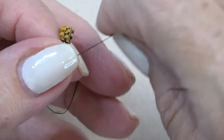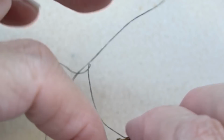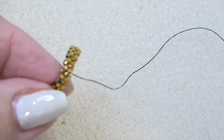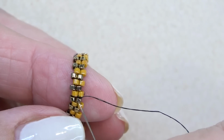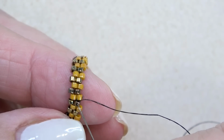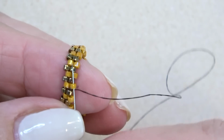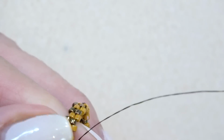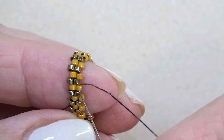Now I'm just going to put that needle down for now, and I'm going to turn it to the other side where I have my stop bead, and take off your stop bead and thread a needle. Taking off my stop bead, threaded my needle, and I'm exiting this interior bead here. I just want to sew through this one just to get my thread to the outside, so I can add some more beads on. Let's add some 15-0s. So I'm exiting here,